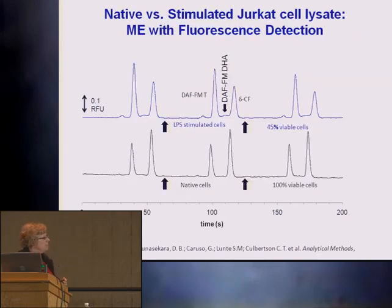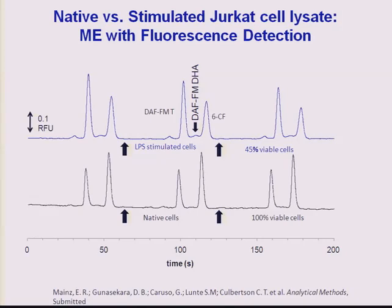And here you can see the native cells and the stimulated cells. So here's the production of nitric oxide. At first glance, if you look at the ratio, the stimulated cells are producing more nitric oxide. But another thing that we found is that since nitric oxide is toxic, about half these